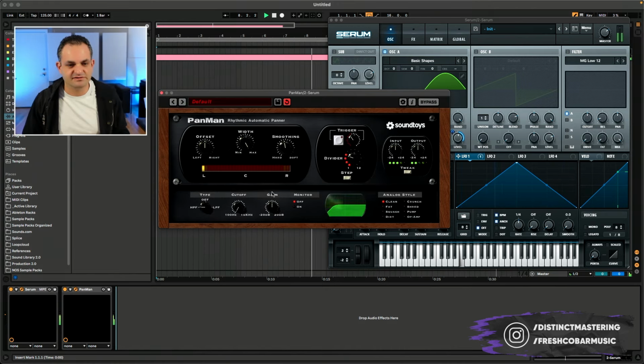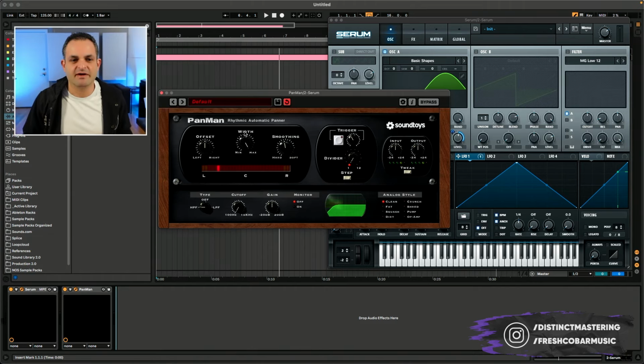And last but not least is the step editor. And this one is basically similar. You have a divider. Let's take it down to another step. Let's take this down. So you see, I'm manually triggering it. I'm on 3 steps. I'm going to go down to 1 step. And there it goes. So the Panman is really cool to add movement and character to your sounds and just give sounds kind of bouncing around the space. I'm going to show you an example of how I used it in one of my